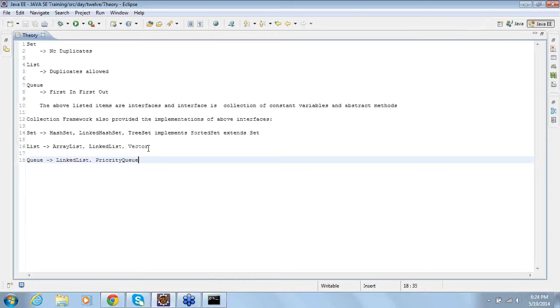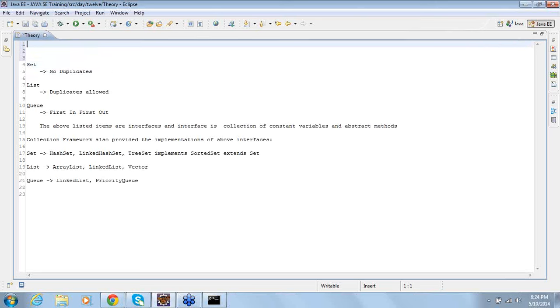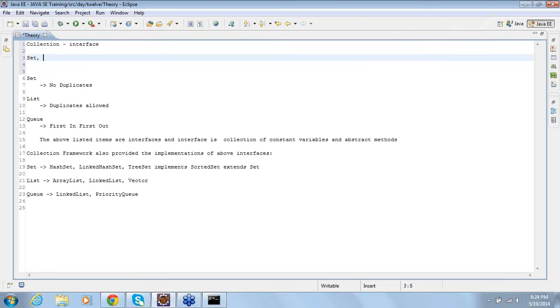Then there is one more thing which is completely different. So what is this: set, list and the queue? Alright, collection is an interface. Then you got set, list, queue, which extend collection. But we have a completely different one called map, right? And map is also an interface,